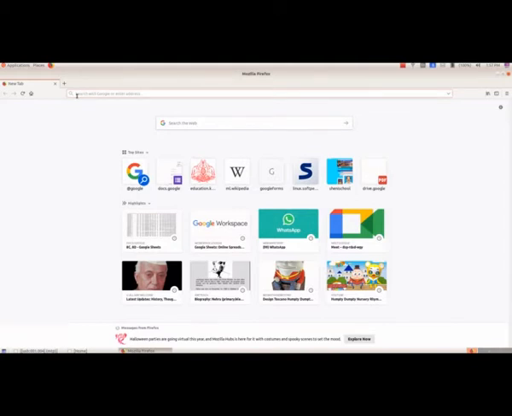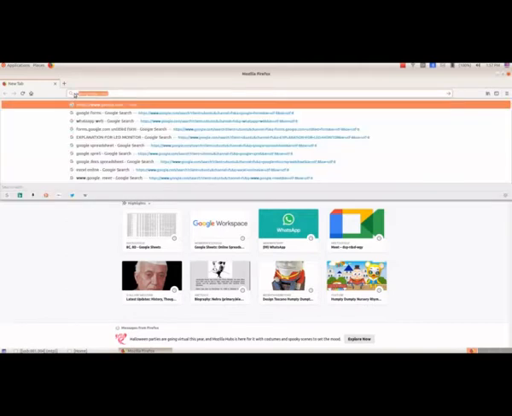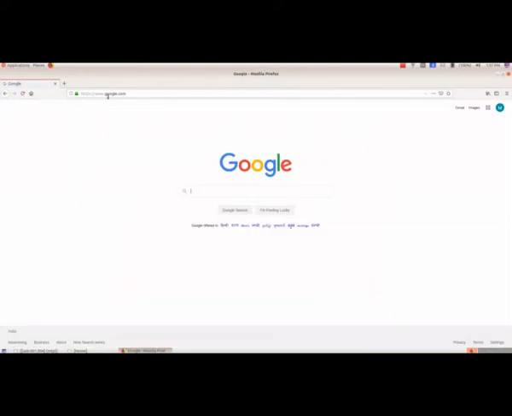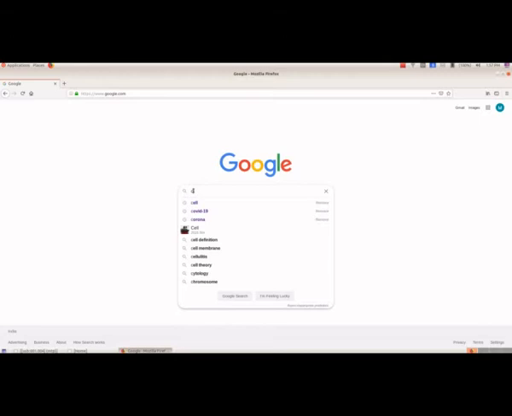Now we got the window, and here we have to type the address of the search engine, and we are going to search in Google. So we are typing the address as www.google.com, and now we got the window of Google, and here we are going to type what we want to search for.